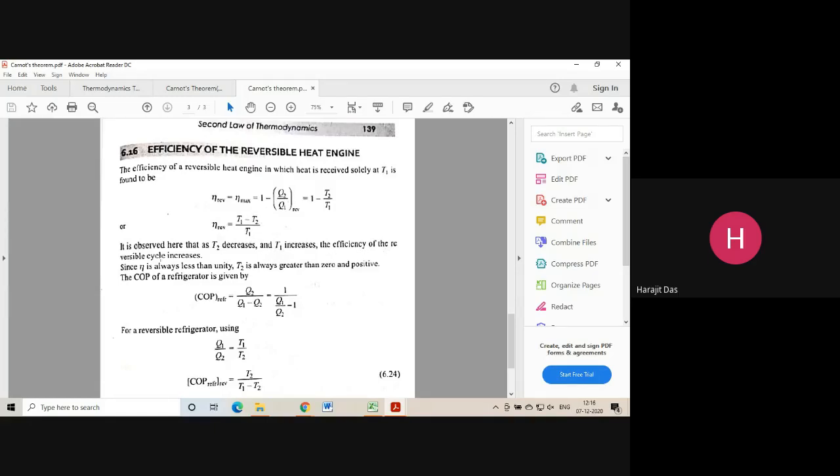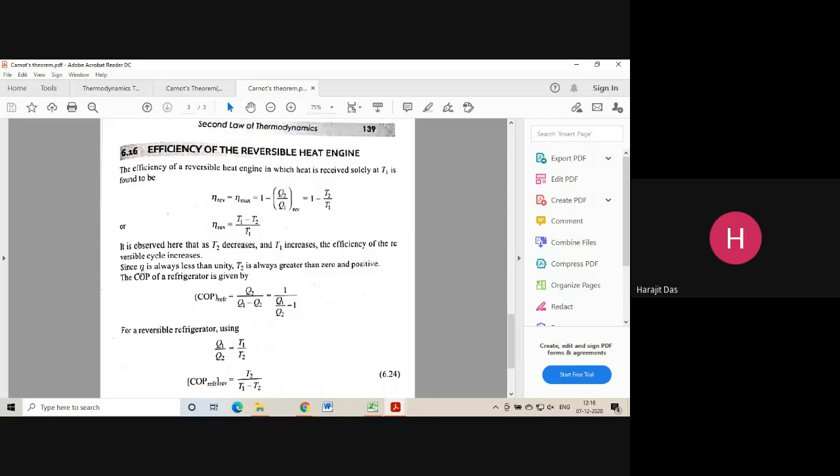So the efficiency of the reversible engine will also increase, understood. So here you can say that if Q2 decreases, then efficiency will increase. In the same way, because by the absolute thermodynamic temperature scale, this ratio Q2 upon Q1 is equal to T2 upon T1 is valid. That is why you can say that for a reversible heat engine, the efficiency will be maximum as T2 will be